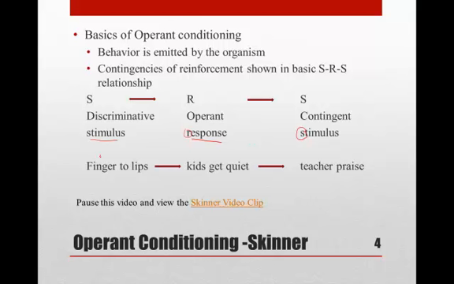This is also known as the ABCs of conditioning, okay? With A being the antecedent, what comes first, the B being the behavior that's brought about by the antecedent, and the C being the consequence, the thing that comes about,